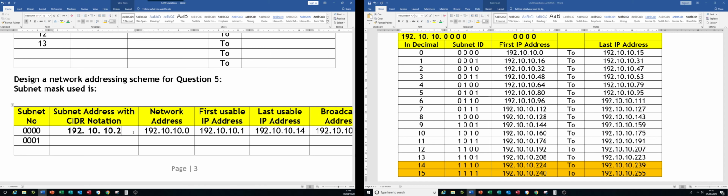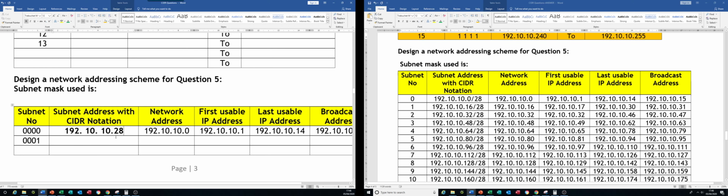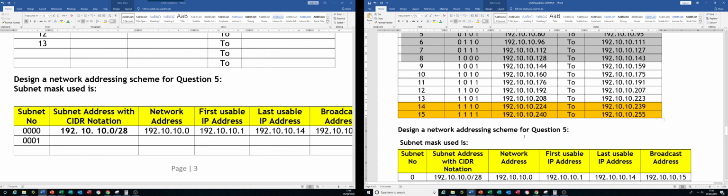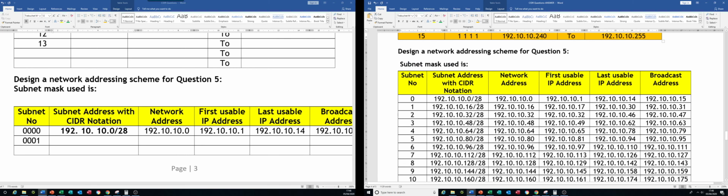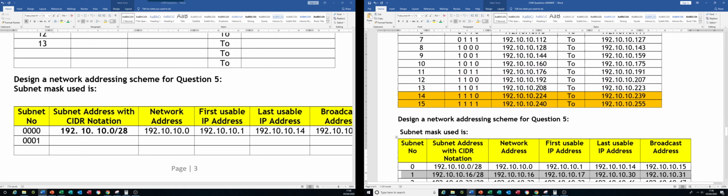So now here I have the prepared answer, 0 slash 28. Can you see that you cannot construct this diagram without finishing this diagram? Otherwise it'll be quite confusing to do. Can you see that here it's coming from the first row, and the second row here comes from the second row, which is